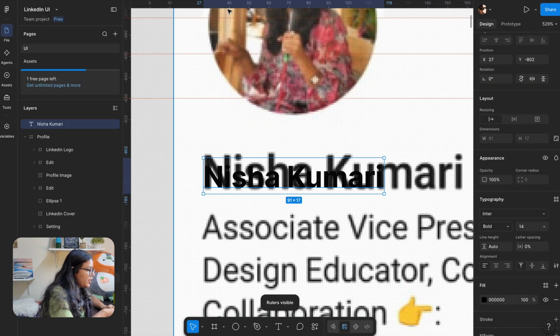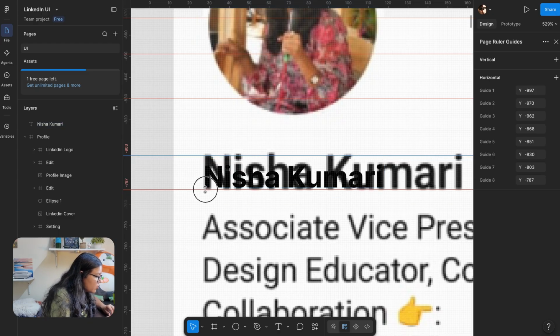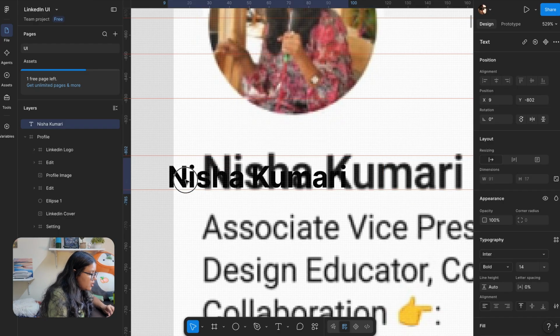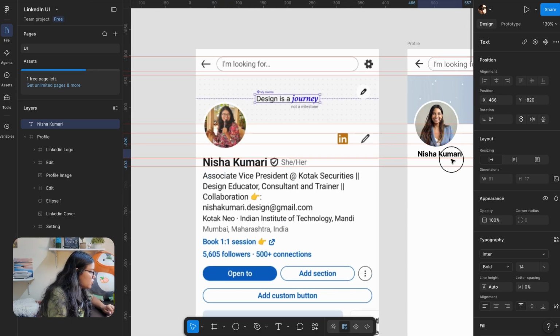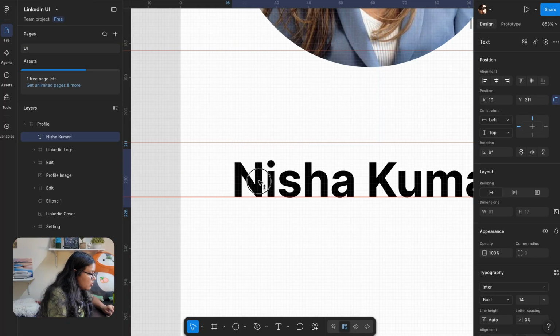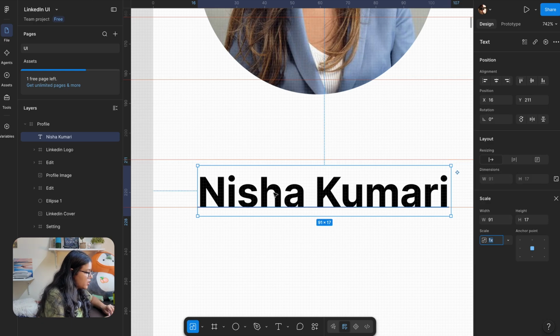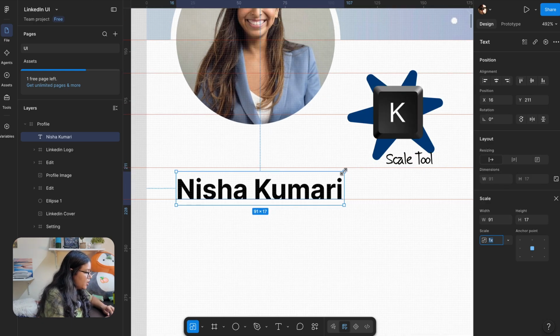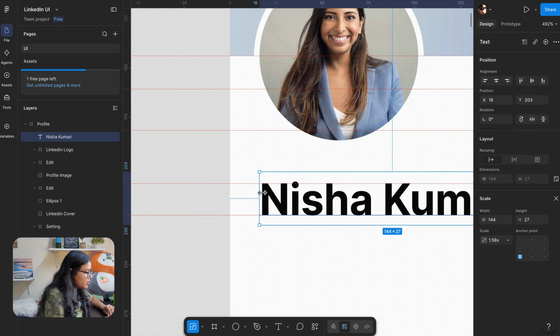तो मैं क्या करूँगी? Let me make use of the rulers. So I'm gonna use the ruler. बिल्कुल ये जो text है ना उससे ऊपर से नीचे तक, and then I'm gonna keep my name. इसको frame में वापस डाल देती हूँ मैं, ठीक है? And then this entire body has to go from this to this. Okay, so I'll use the scale tool, which is shortcut K. Take this and then just scale it. And I think this sits perfectly.